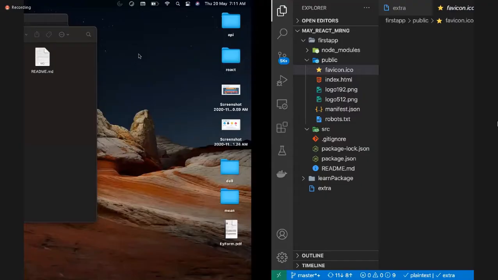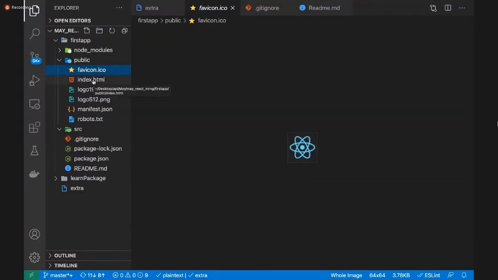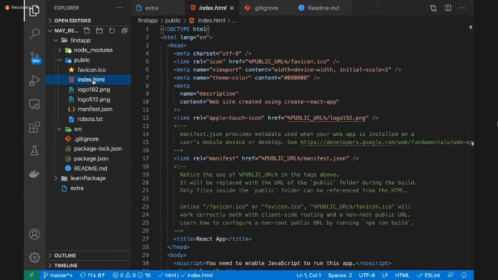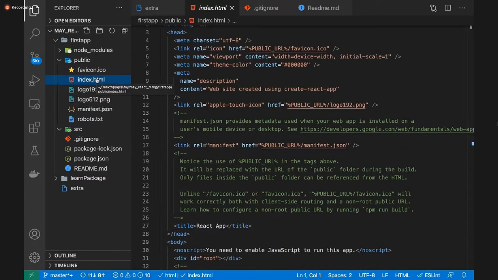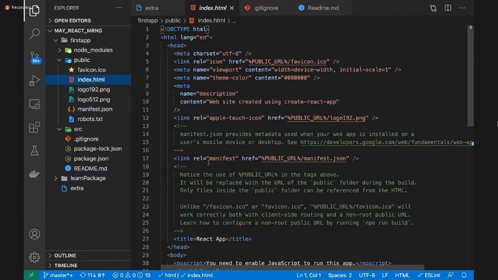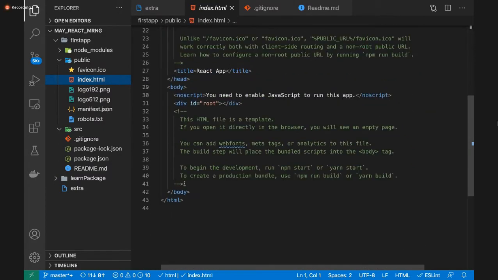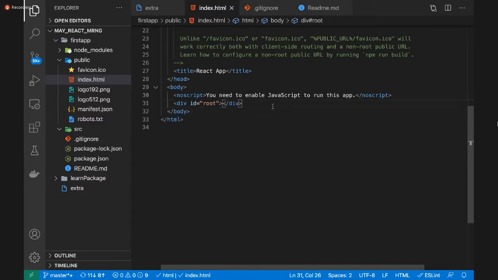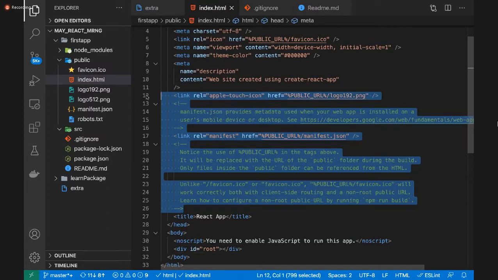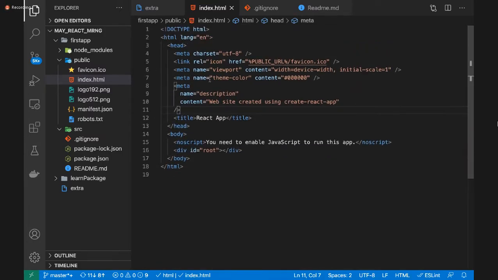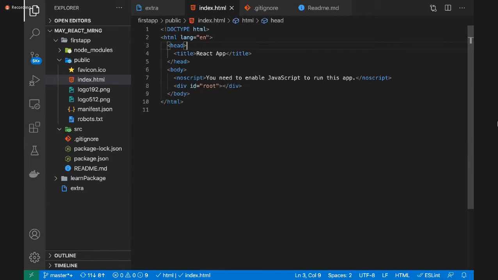That's the first thing. Second thing, it has the HTML file, index.html, guys. This is the only HTML file in the whole React application. There is no more HTML file in the React application, guys. In this HTML file, I'm going to remove all the unnecessary things, like these comments, this link which is also not required, and the meta tags.